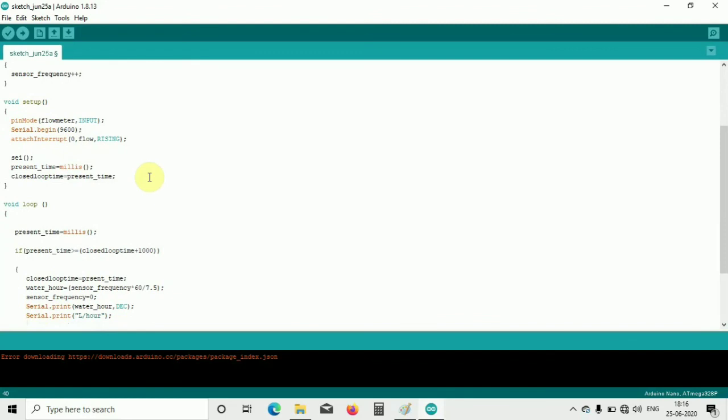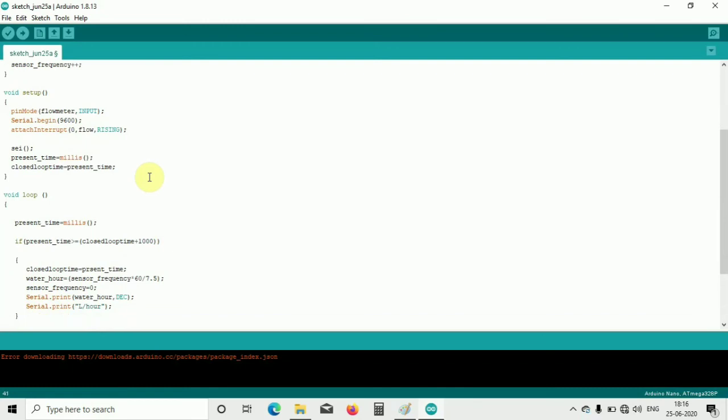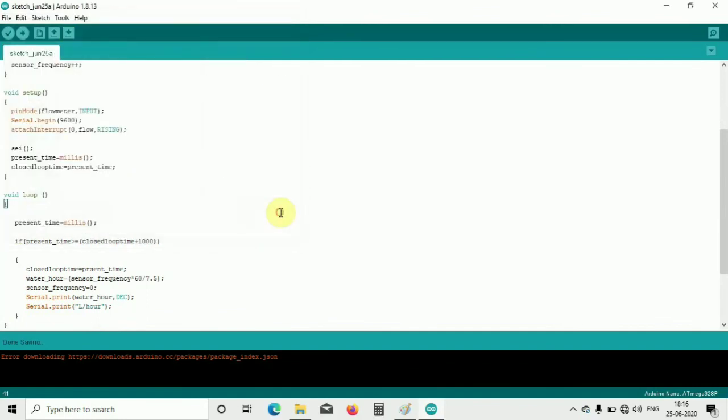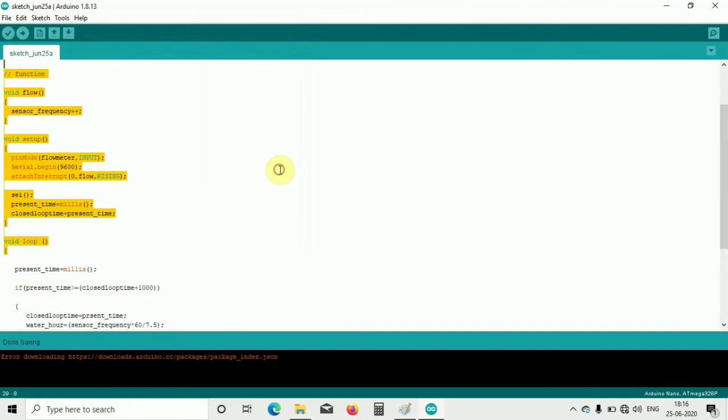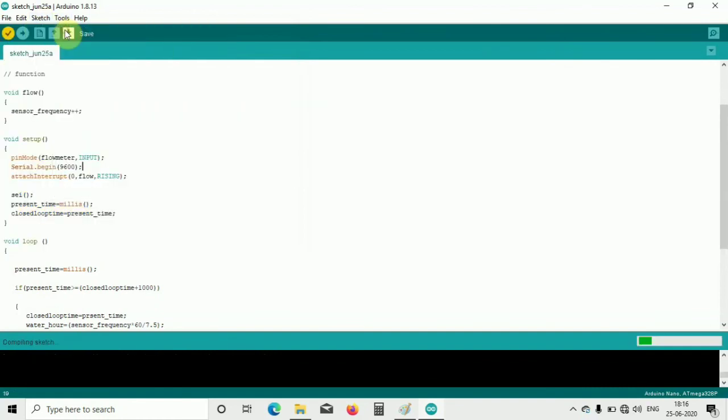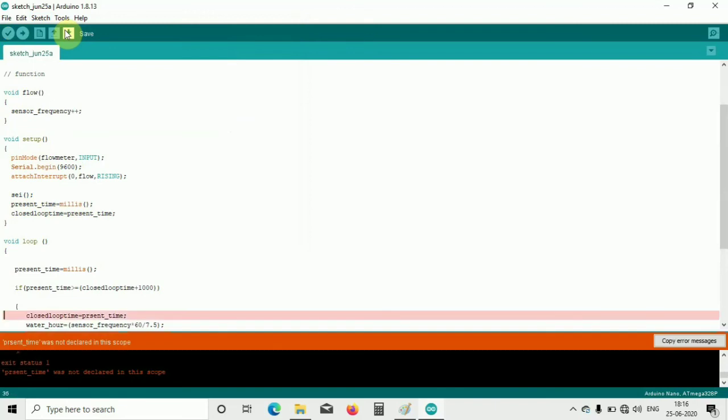Okay, so I will just close. Close one bracket, then it is closed for this, and then again close the main bracket here. So that is this one. I will just save this one. Okay, so as it is everything, I will go to the sketch here and verify compile. Now it is compiling the sketch. Let me just see what it will do.